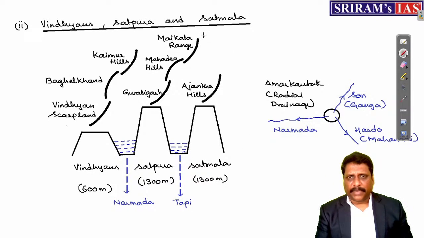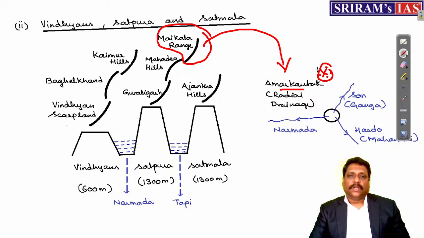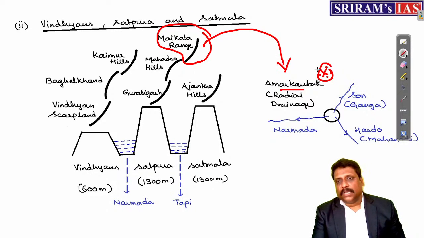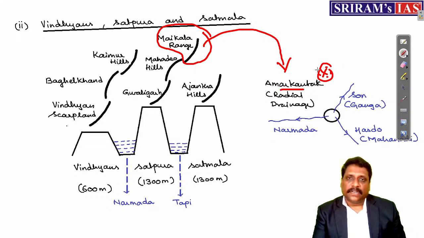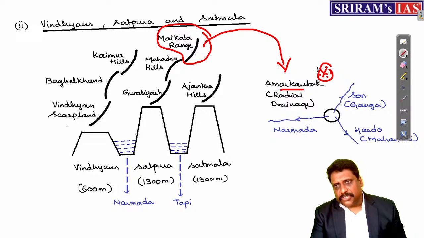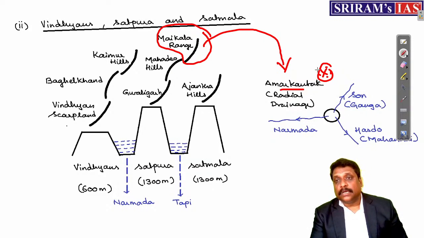For example, if I am there in the Maikala range, you may find a peak called Amarkantak peak. Very important. Why? Because what we have taken as an example of this Gir range or Girnar, along with Mandav Hills, as an example of radial drainage, Amarkantak Hill is the most important example of radial drainage, because the very important rivers originate from Amarkantak Hill, plateau or peak.